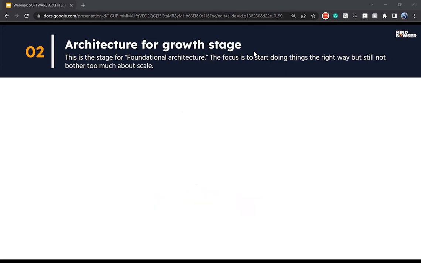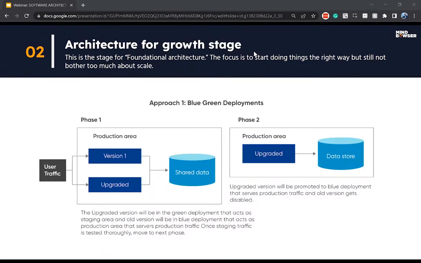Moving to the next slide. Now, in the growth stage, we have a different architecture because the product is scaling. You are now seeing traction, a good amount of users, paid users. We had a monolithic architecture, I believe, and like you mentioned, in the initial stage there are small servers, so one server without load balancing, and all the requests are coming there. It's a monolithic application. So how do you see the growth stage?